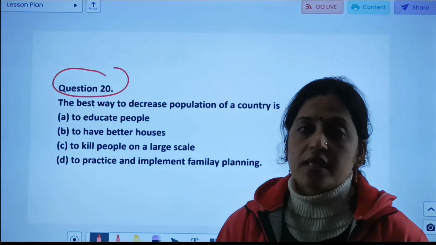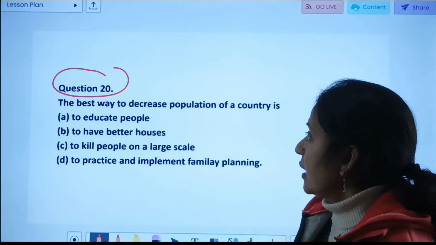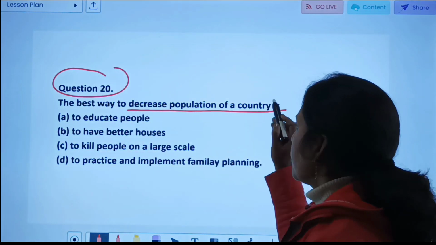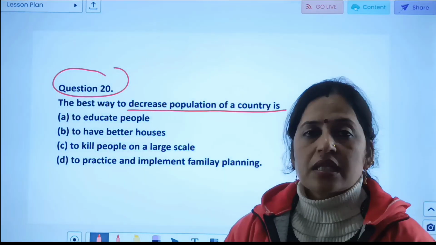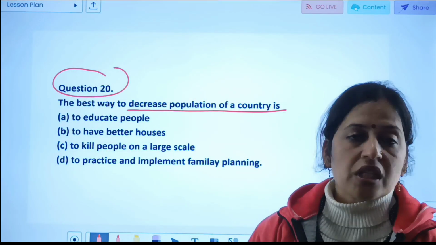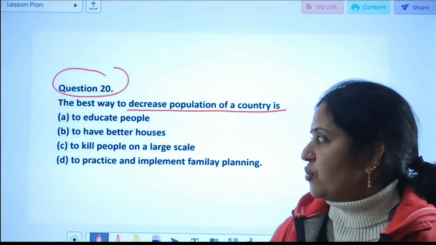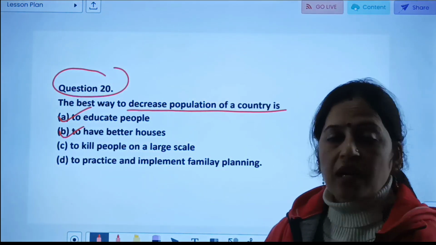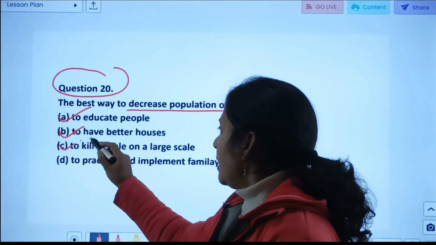Now shift to the question number 20, and this is our last question for today's lecture. Your question number 20 is the best way to decrease population of a country. कौन सा सबसे बेस्ट तरीका है पॉपुलेशन डिक्रीज करने का अपनी कंट्री में? Option A is to educate people, second one is to have better houses, third one is to kill people on a large scale,